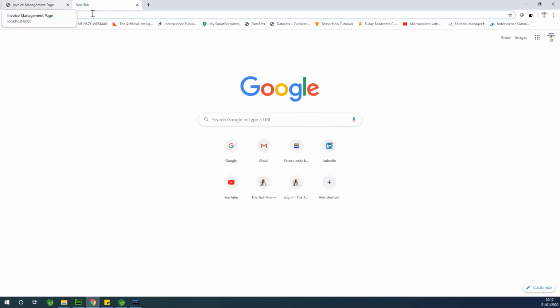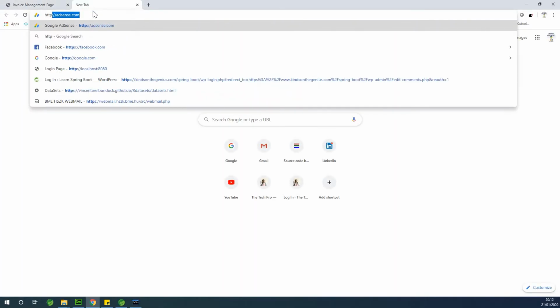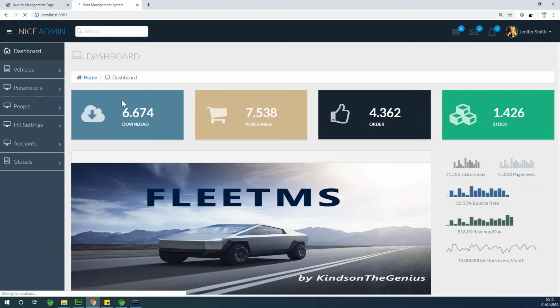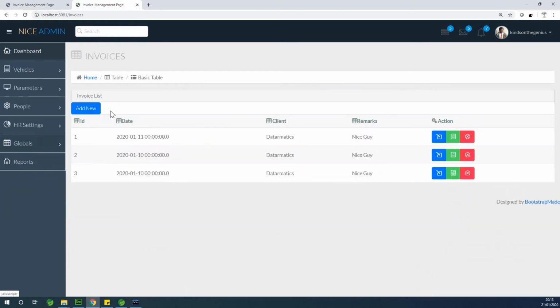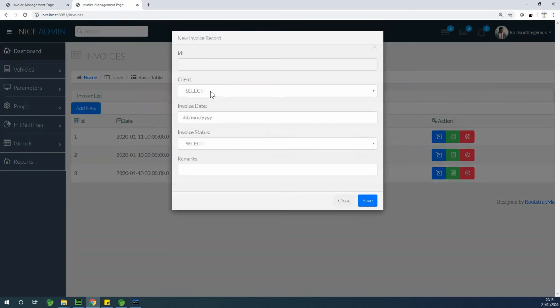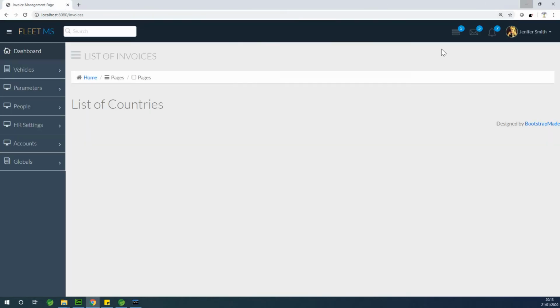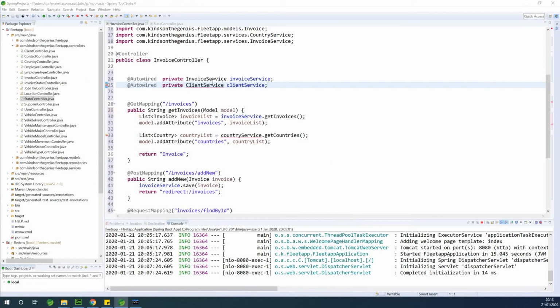So let me just show you, because I think I worked on it in a different place. So if I go to HTTP localhost port 8081, basically I'm opening the completed application so that you can see this is the completed application. If I go to the account invoices, you can see that the invoices will need the list of the clients. So that is why we need to send the list of the clients from the controller together with the list of the invoices